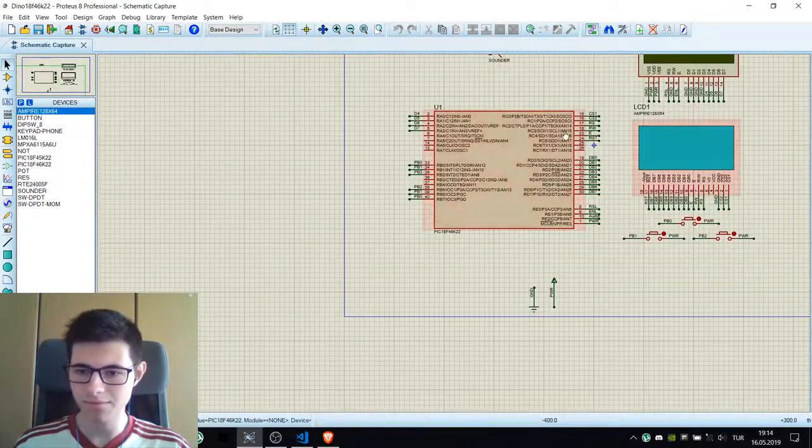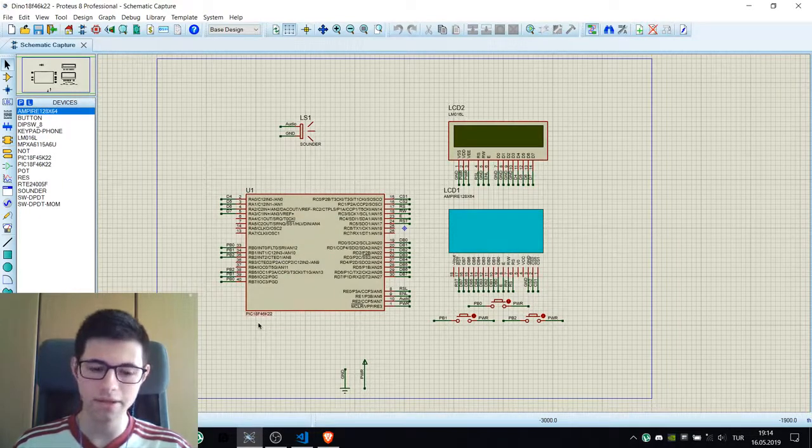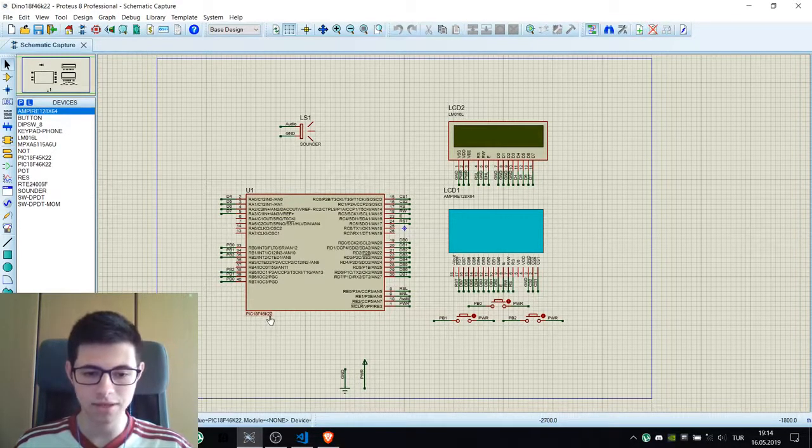I can say this whole project uses 98% of the ROM that's available in PIC18F46K22, and this version has 2 times more ROM capacity, and I believe it has